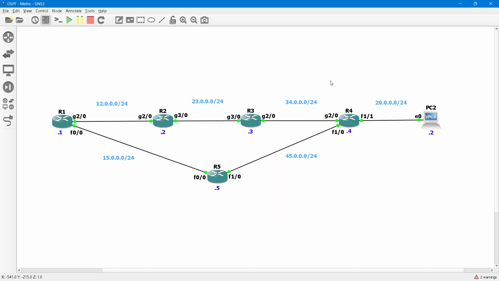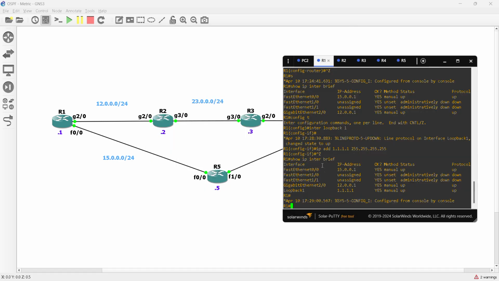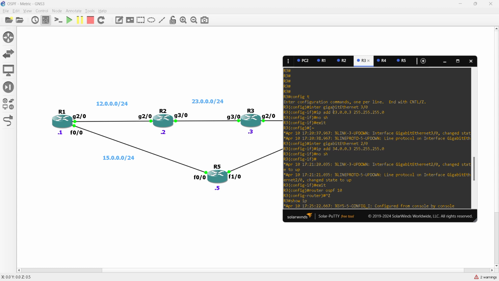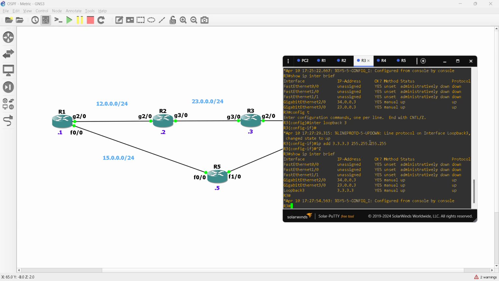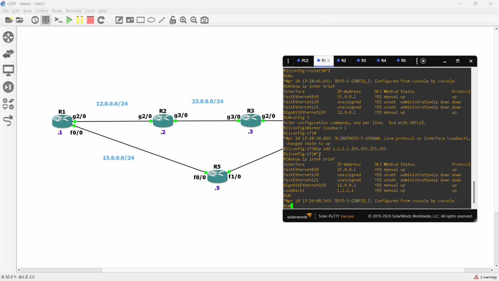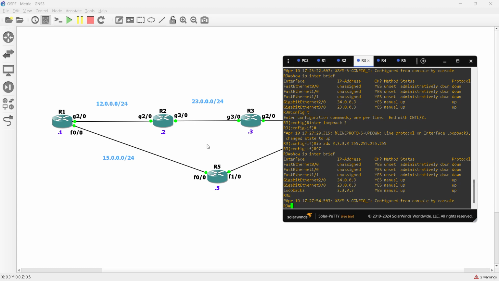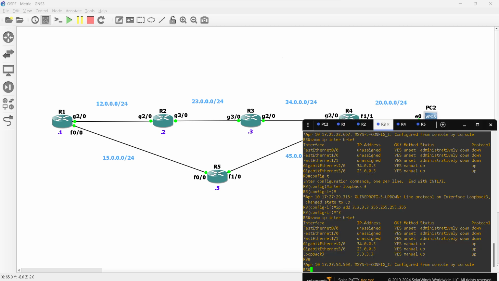After that, I did the configuration by these commands. Let's suppose, enter gigabit Ethernet 3/0, and then I gave the IP address. Quite similar. And I have configured all the essential things, all the IP addresses along with the loopback address. In R1, R2, as you can see, 2 gigabits. But when you see here in R4,